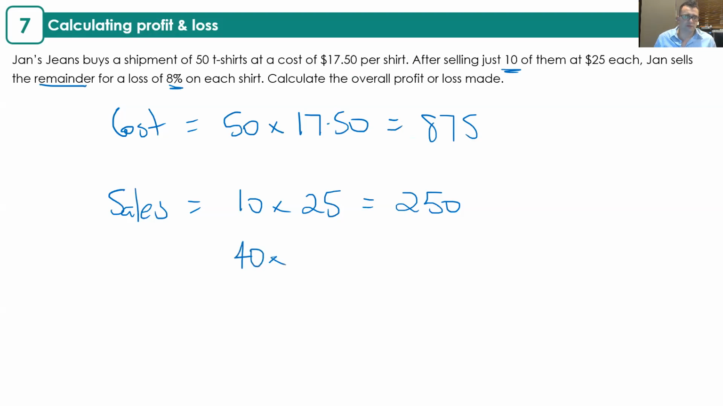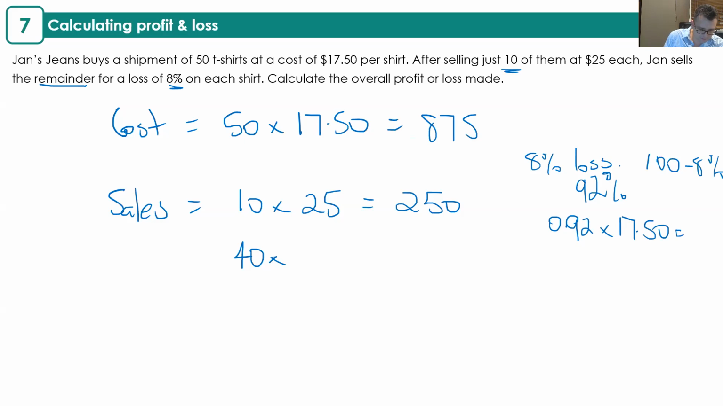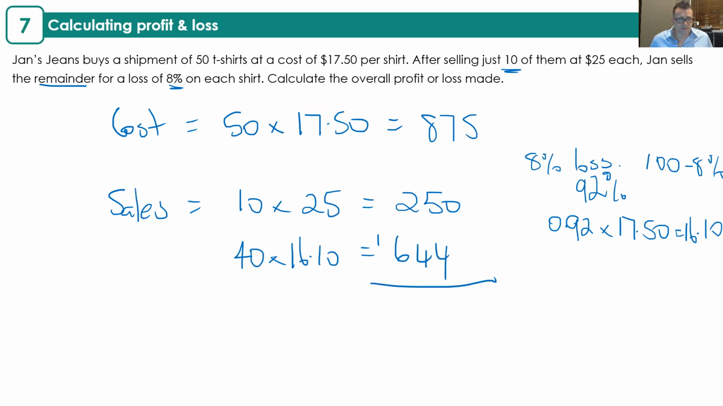So there's 40 multiplied by, so sidebar over here. If we've got an 8% loss, that's the same as looking at an 8% discount. So we've got 100 minus 8%, so 92% of the cost price is what they're sold for. So we want to say 0.92 multiplied by the 17.50, $16.10. So we sold these for $16.10. So we're going to multiply by the 40, so $644. So the total sales is going to be, adding these two together,